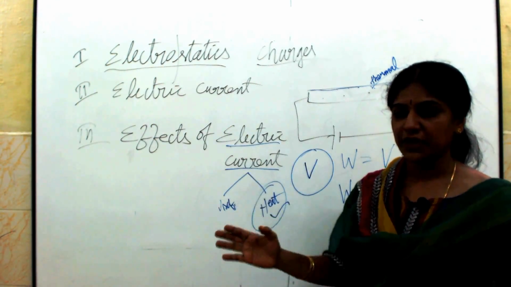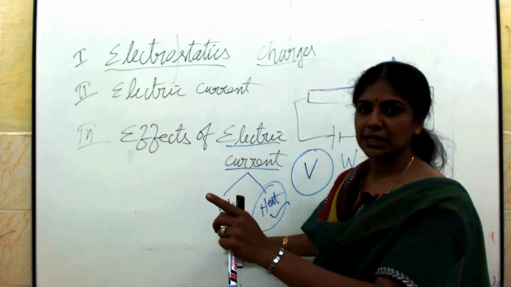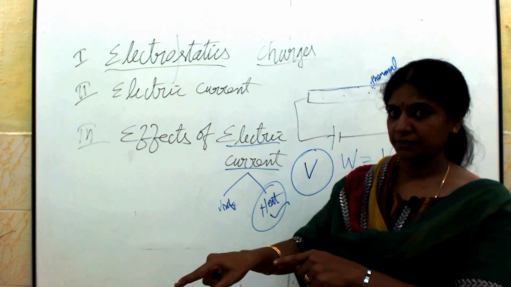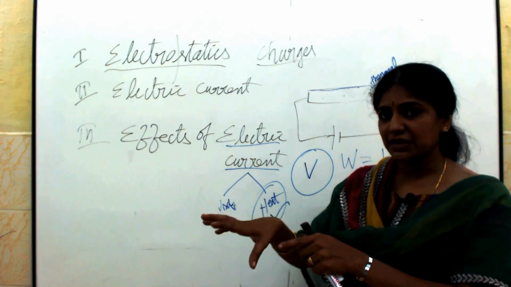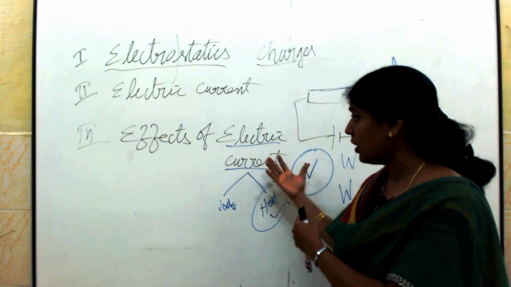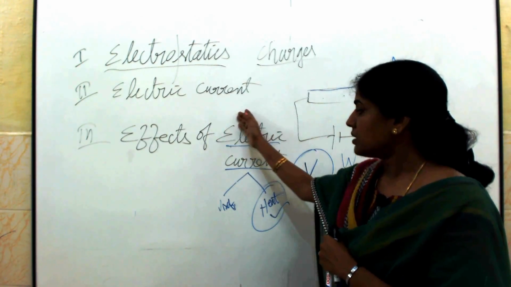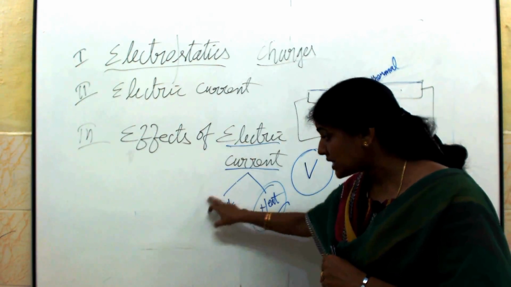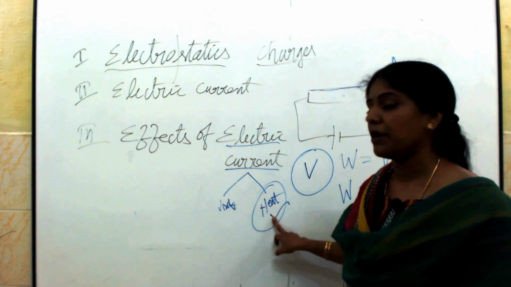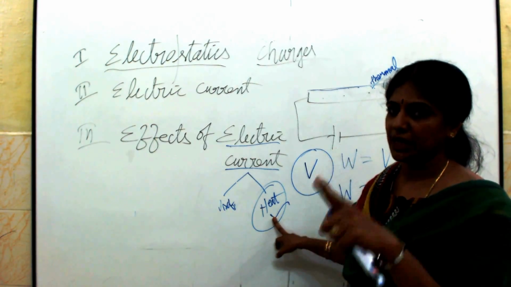Whenever current flows, a part of the energy is used in doing some useful work. Whenever a motor runs, it is pumping the water, that is useful work done by the current. But when it runs for some time, I can feel the heat energy. So we are not going to use the full energy of the current in doing the useful work. Some part of its energy is wasted, dissipated in the form of heat in the resistor. That effect we call the heating effect of electric current.